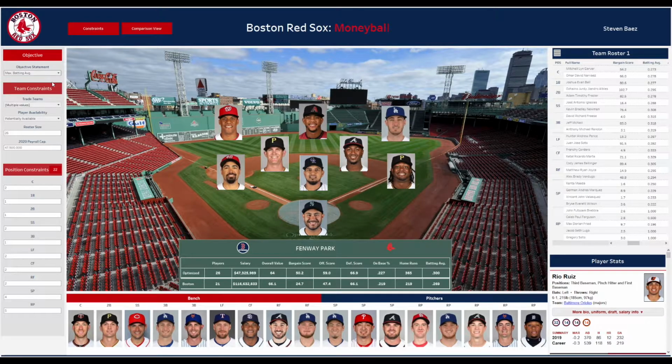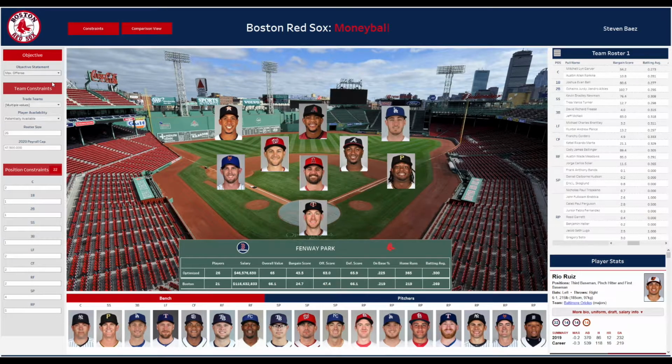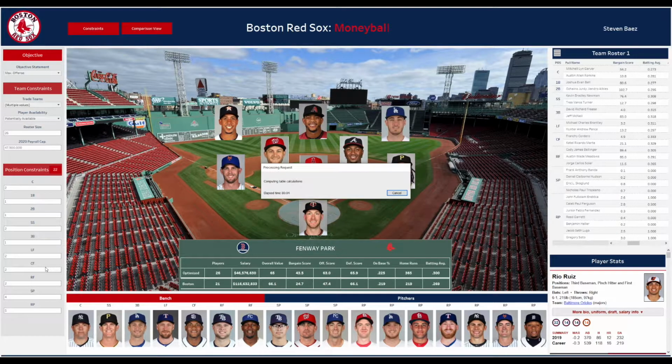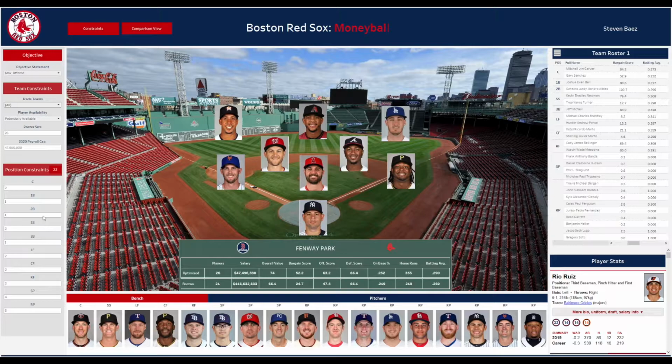We'll take a look at a specific example in which the Red Sox are looking to maximize their overall offense. So from the objective statement, we'll select maximize offense, and we'll enable trading within all teams. And we can see in the center under the Fenway scoreboard, we have two teams, one that's optimized and one that's Boston. The optimized is showing us the results from our constraints that we're feeding through to the optimization model,